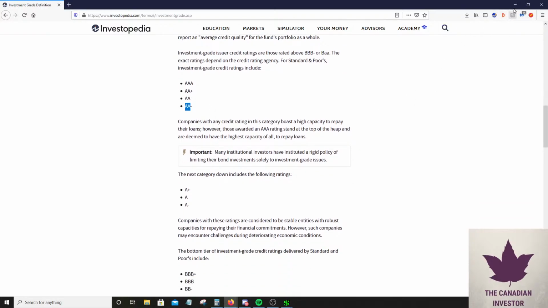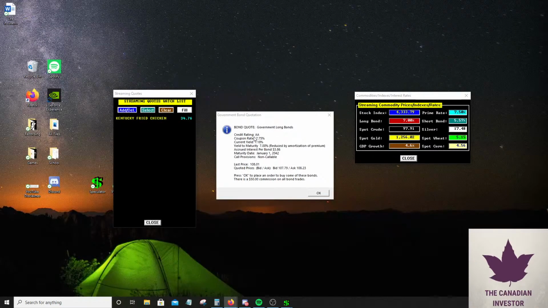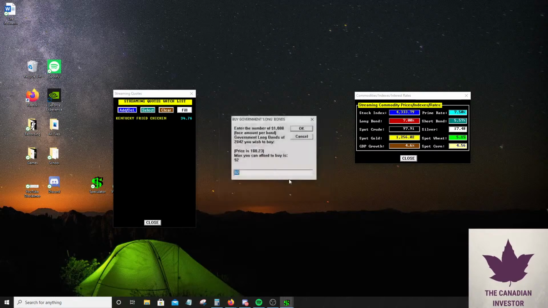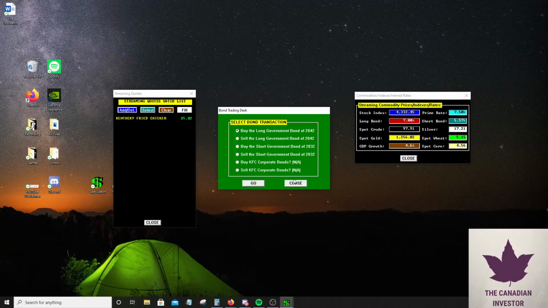So in this hypothetical example, it's very, very likely that they're going to repay us our money if we do want to hold it. We're going to make about 7.75%, so I'm pretty happy with that. It's non-callable, which is great. So basically the issuer cannot say, hey, I want my money back. They cannot call it.